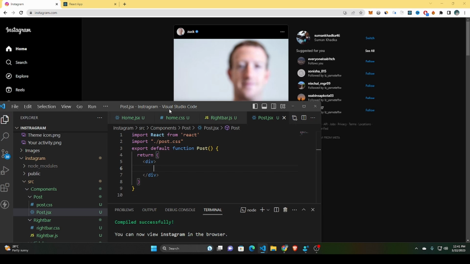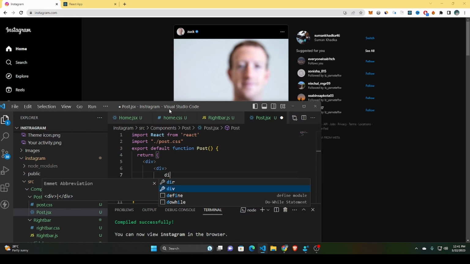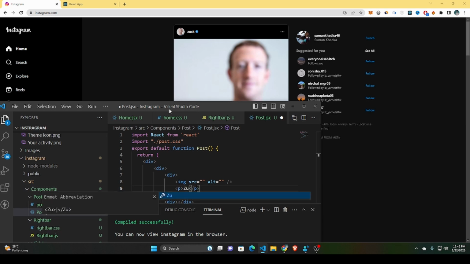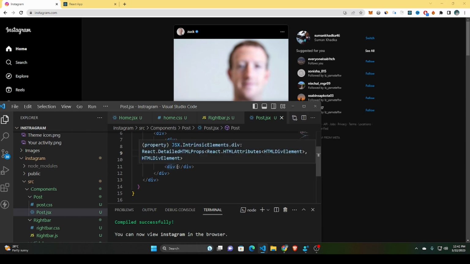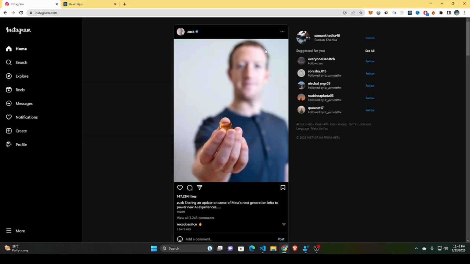what I need to do here is, let's create a new div first, and inside this new div I'm going to add a two div, and in our first div let's write an image, and I'm gonna write a p tag juk, then after that we need this 3.3